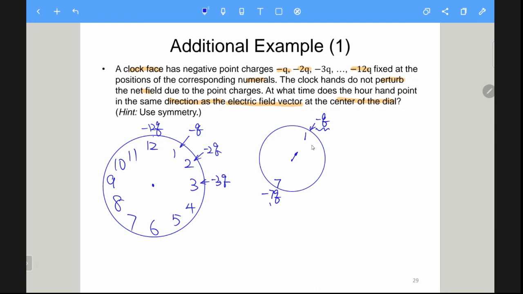And then for this minus 7Q, it generates the E field pointing this side. And of course, this is 7 times larger. This E7 is 7 times larger than E1. So part of them will cancel. So it will turn out to be